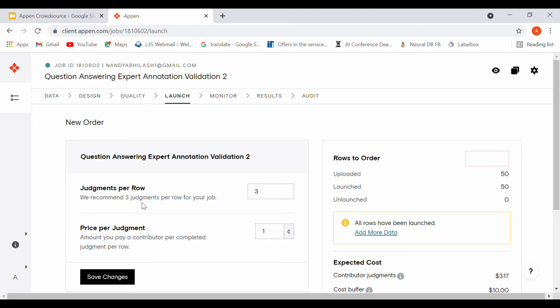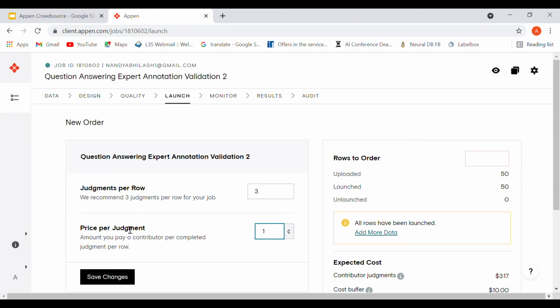Before that you can see judgments per row. This is for a particular data sample, as I already told you, how many judgments or annotations you want, so as to eliminate any bias. And this is price per judgment. So per judgment per annotator, how much you want to pay.